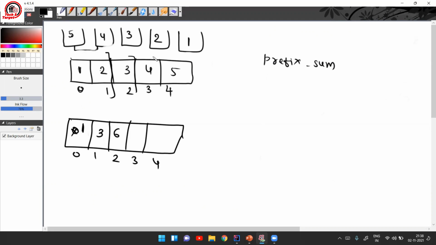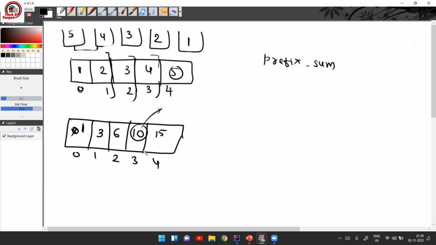Now we will find out what is the sum until index number 3. You will be able to get it from the value that you have stored in index 2. If you add 4 to that, you will get the sum until index number 3, because the element at this index will give you the sum until this point. Now, if you want to find out the sum until index number 4, you can get that by accessing the array element at the current index minus 1, 4 minus 1, 3. For that element, if you add the current element 5, you will get the sum.